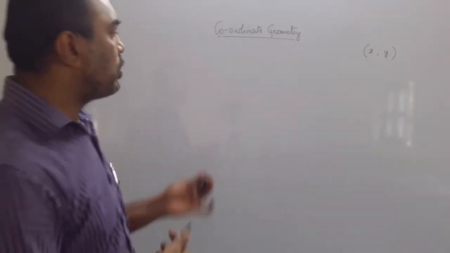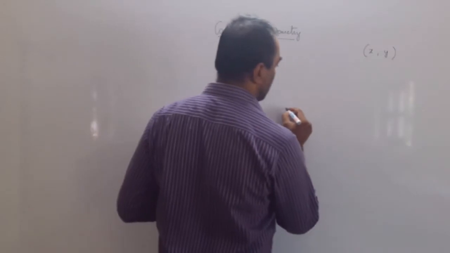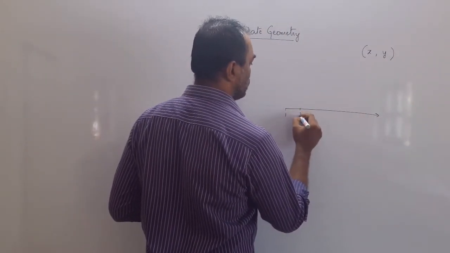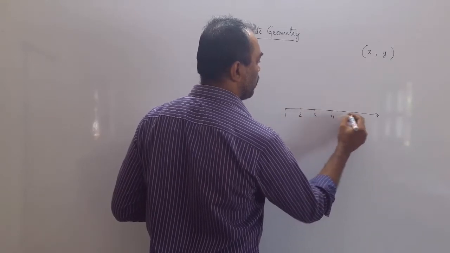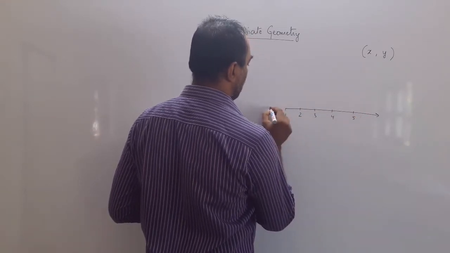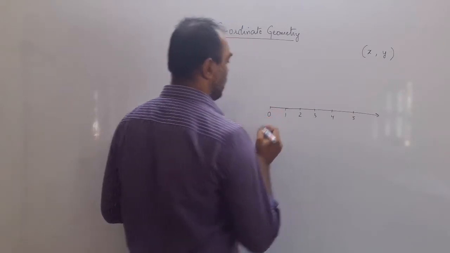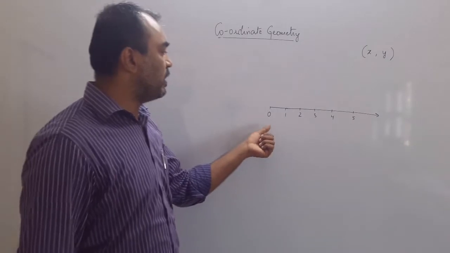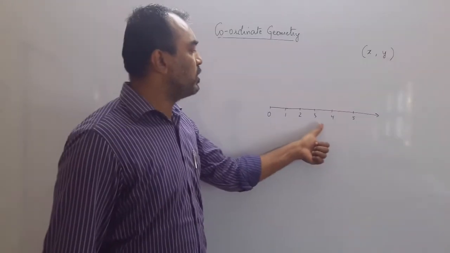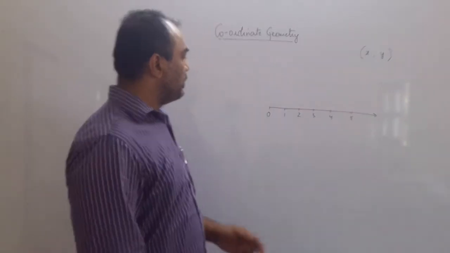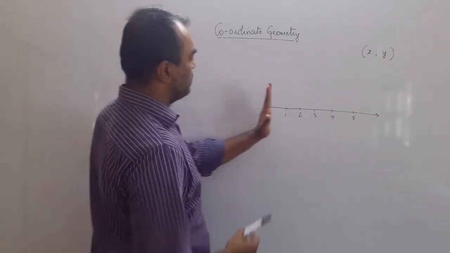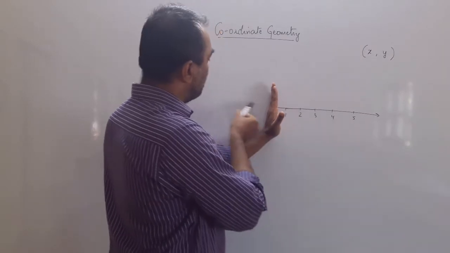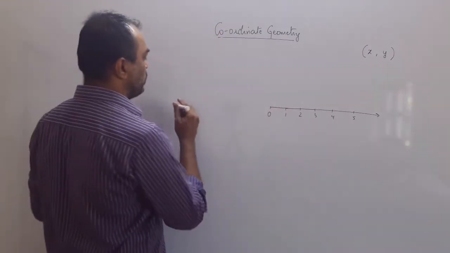So, we had got natural numbers on a number line, say 1, 2, 3, 4, 5. And if you see the whole numbers, we have got a 0. So, these whole numbers or natural numbers on the number line are 0, 1, 2, 3, 4, 5. Yes? Then, if you place a mirror here, you will see the reflection of this line on the opposite side. So, on the opposite side,